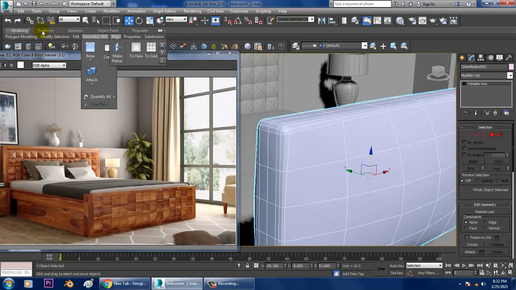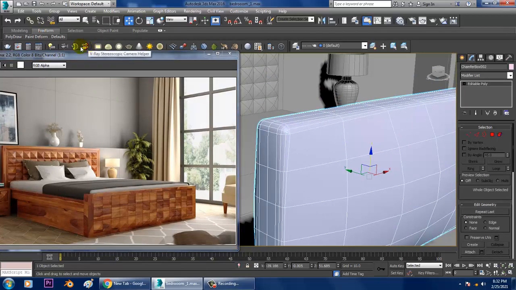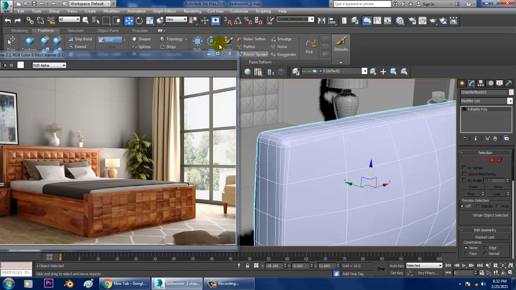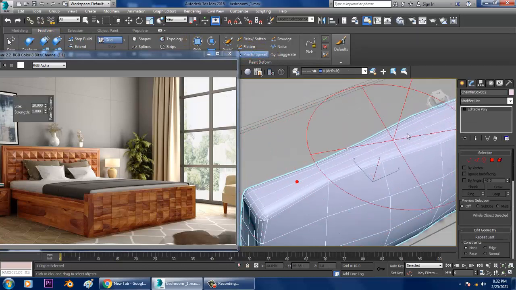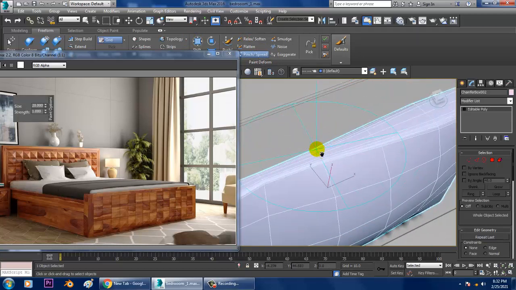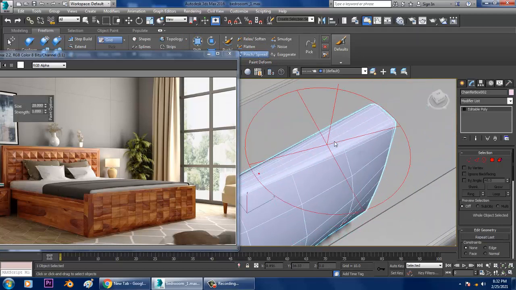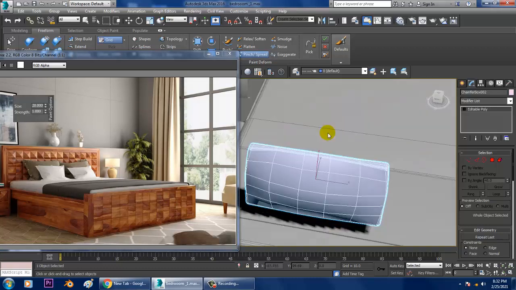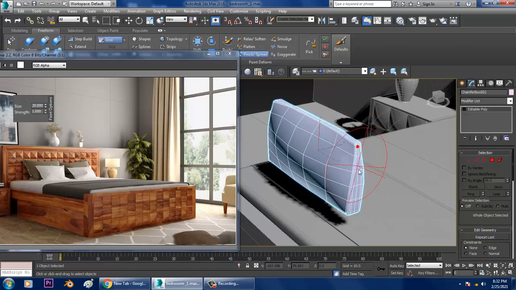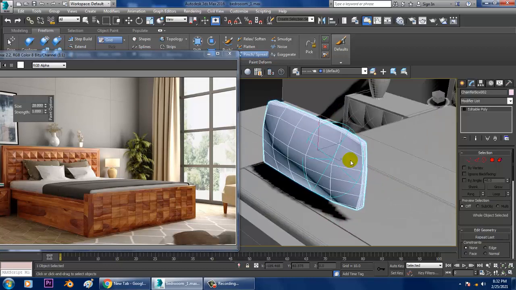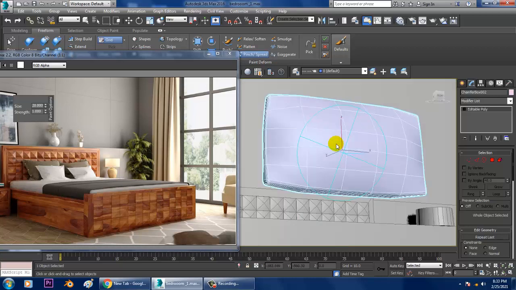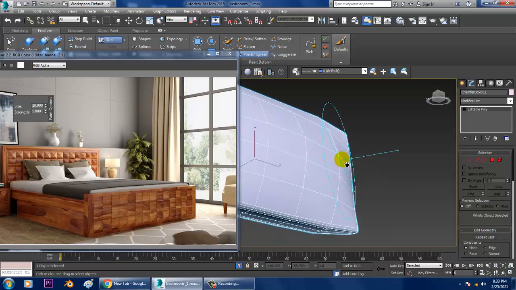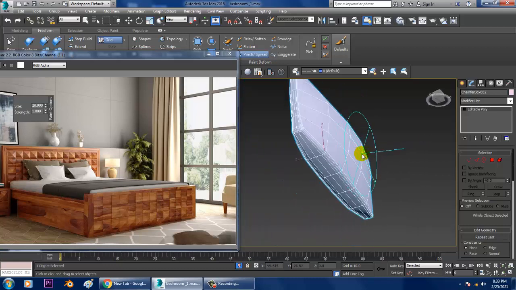I can go into this freeform and use pinch and spread. I can easily pinch this stuff. Whatever the best way you want, you can do that.